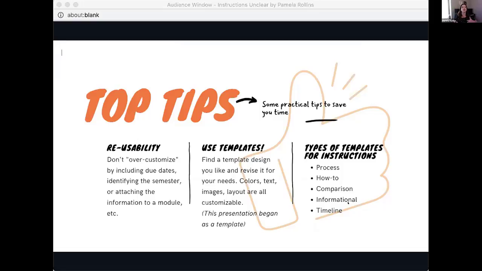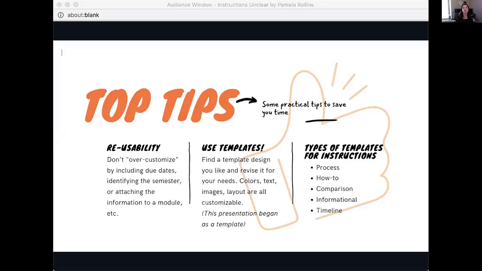I have yet to find an assignment instructions template. Look at the templates and see if the layout appeals to you, and if you can start picturing how you would break the information down within the template. They are all customizable. You can change the colors, sizes of boxes, the text, the layout. So think of it as a starting point, a canvas, and then as you get into it, you really can adapt and grow and work things to your needs.